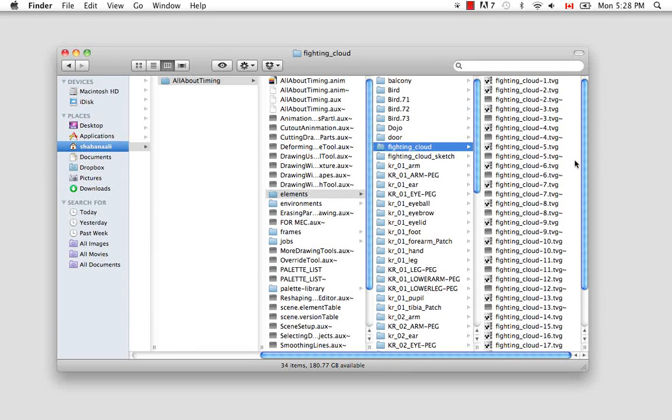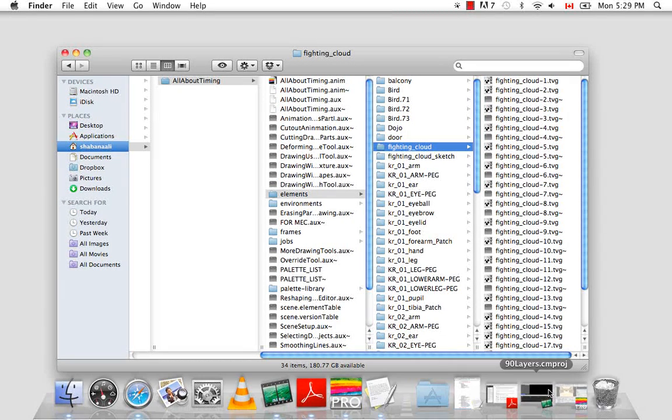The only way then that you can actually break from the cycle is to duplicate a drawing. So what would happen is what happens to most files when you duplicate them or you make a copy. So I would have, like, fighting cloud -3 copy, and so they would be identical, but because the other one has the word copy beside it, it's its own file. It's a completely separate file, and then when you modify it, it'll then become different than its original. So if we go back into the X sheet view,